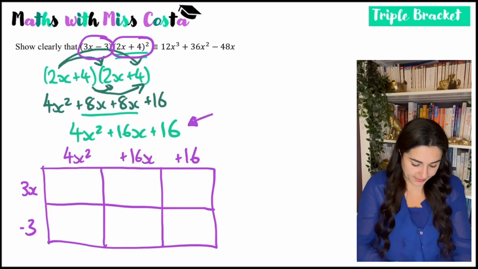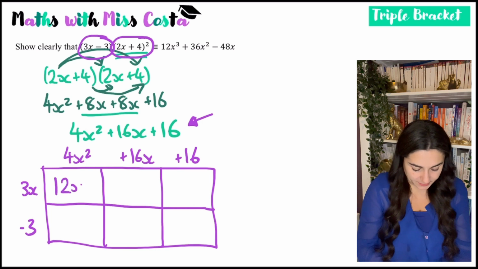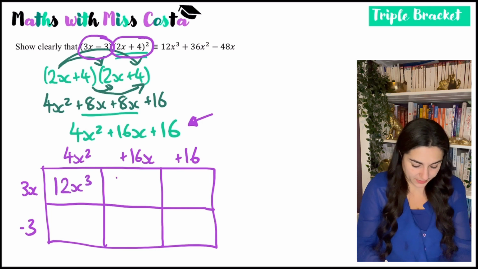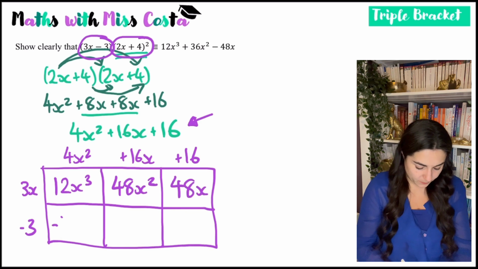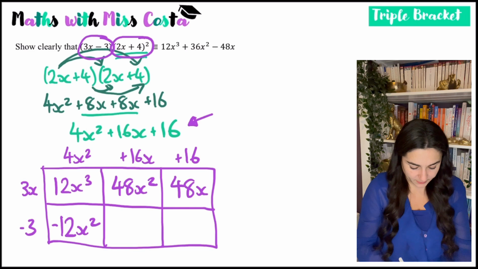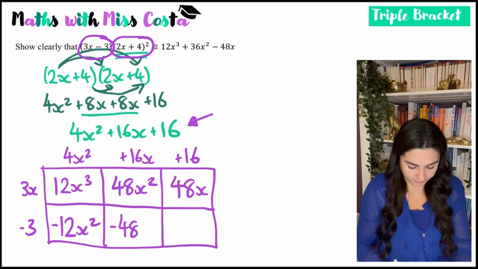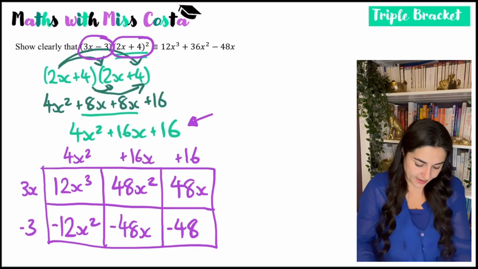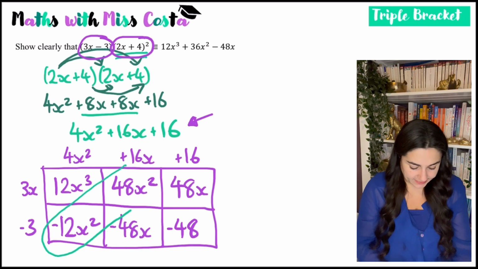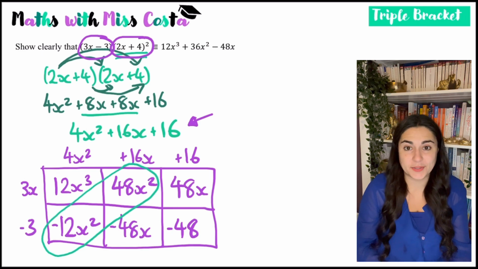bracket here. So 4x squared times 3x would give me 12x cubed. 3 times 16 would be 48x squared. 3 times 16 again would be 48x. 4 times negative 3 is minus 12x squared. 3 times 16 is minus 48x. Minus 48. So now what I can do is see that these two, so with the diagonals, if you've written